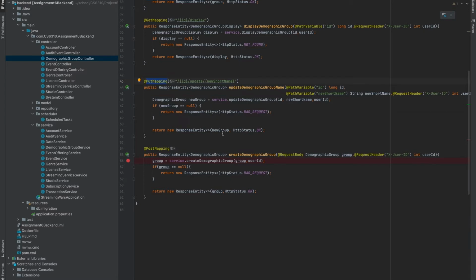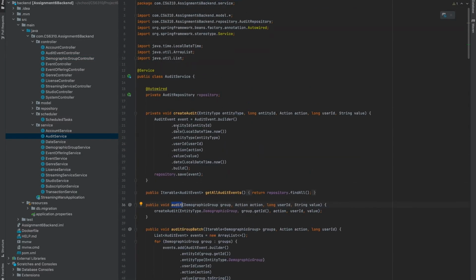The controllers will return an HTTP OK response on a valid call, and an HTTP bad request response if an invalid input was given. Each call to create, read, update, or delete an entity gets logged through this audit service here. These audit records track the entity ID, the actual time of the request, the entity type, demographic group, streaming service, studio, etc., the actual user that made the request, the action that happened, create, read, update, or delete, and the value of that entity at the time